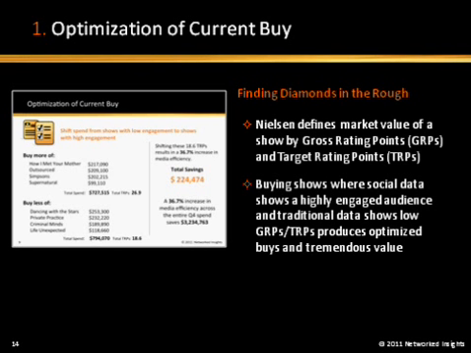Currently, the economics of transactions around TV are with Nielsen. They use a rating point system, and you pay a certain amount of money for those rating points. There's gross rating points, and then there's target rating points. Being able to use those target rating points to say, maybe on a quarterly basis, I at least know that I want 150 TRPs. I know that's what I've got to achieve, and being able to leverage that.